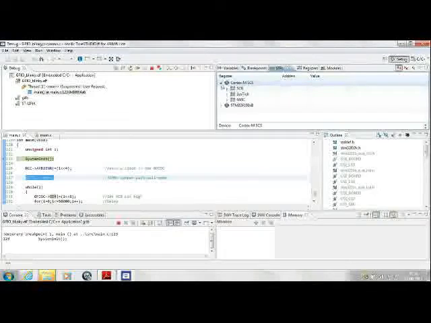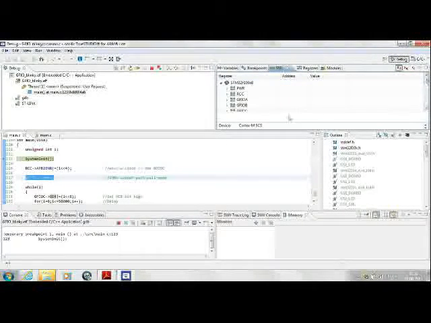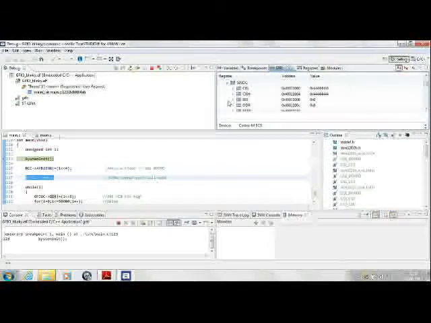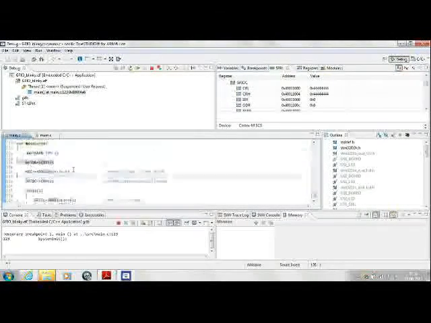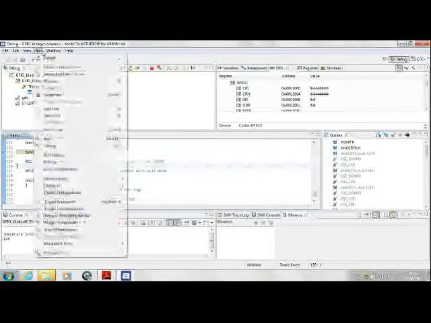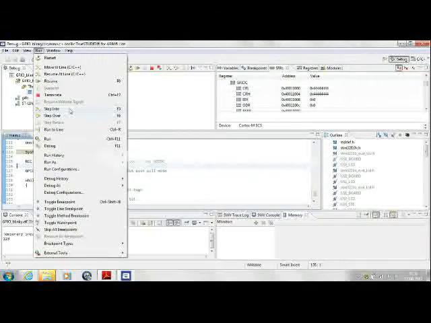We are not concerned with that for now. We are concerned with the peripherals that are associated with the CPU, and more so the port C. To debug in this software, a lot of options are available. You can go to run, you can step into a function, that is each step in the function is executed, and the execution halts till the time you allow the execution to go ahead by one more step.